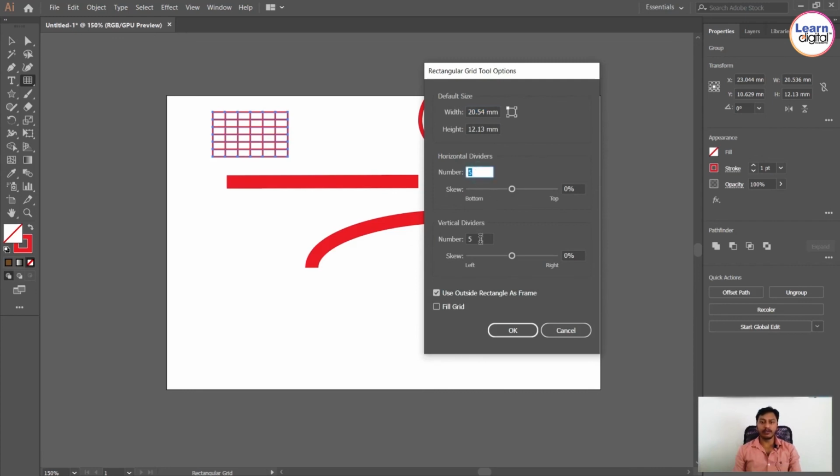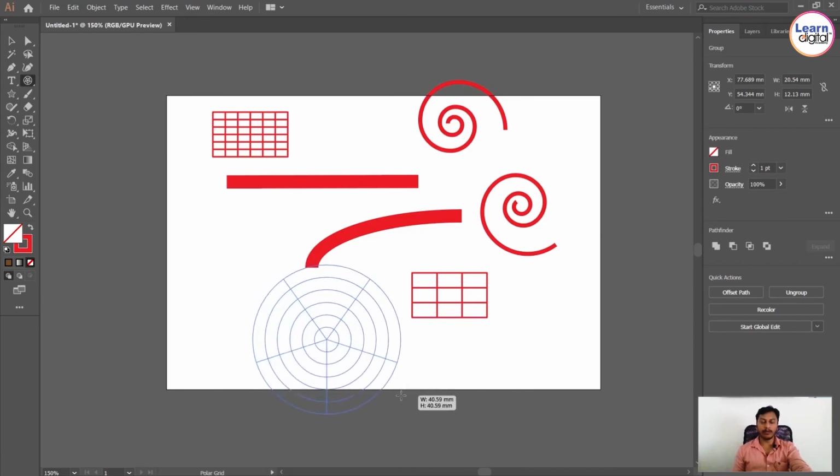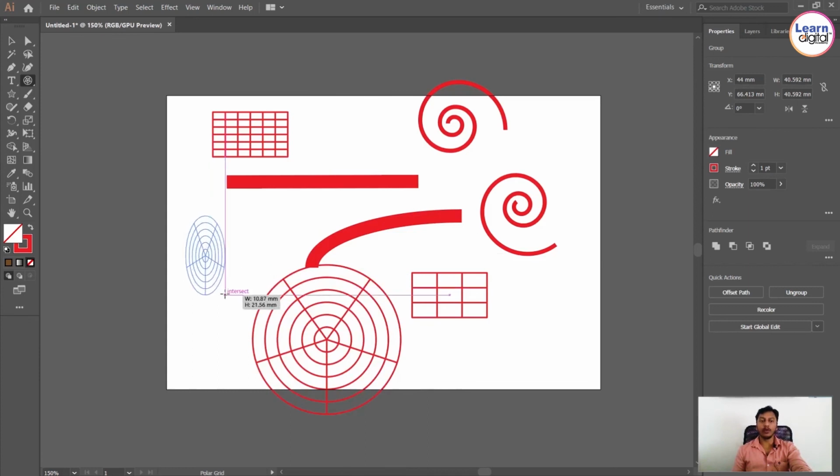Number of divisions: horizontal division and vertical division. How many you need, you can give. By default, again now I am giving 2 by 2. You can see horizontal 2 lines, vertical 2 lines. So that is the rectangular grid, and the next one is the polar grid. Hold shift and you will get a perfect circle. Without shift you will get an oval.